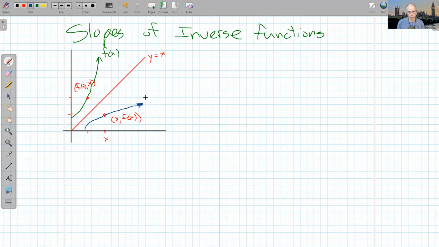So again, this blue one here, I'm going to call it g of x, and it's also the inverse of f of x. Now I can do the same thing for this point here. I can also call this point f inverse of x, comma,